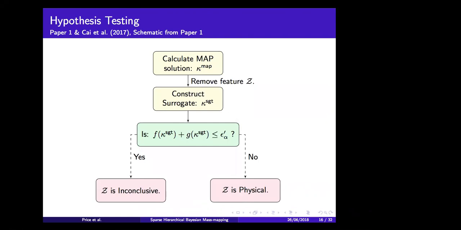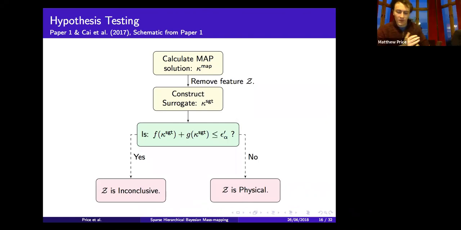Sorry, that's a question. This is a very basic question. Normally if you were to create a credible region, it would tell you what the value of kappa was, right? The maximum of your likelihood would be the maximum value of kappa, and then there would be some sort of error. But what you have here is a spatial map, right? So what I'm curious about is, at every point on the spatial map, are you using the maximum value of kappa that you found in your credible region? I'm unclear on how the error on the credible region of the value maps over to the spatial coordinates. Sure. Every single pixel in your reconstructed map is a dimension.